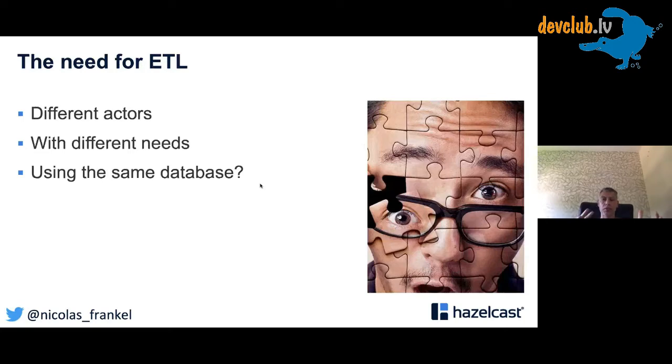So in general, you have different actors. You have your normal transactional application that does the writes and the reads. And then you have an analytics database, and both have different constraints. In the analytics use case, you have a lot of duplicated data, you don't have constraints, you don't have joins, you just put everything in, and then it's just reading line by line.